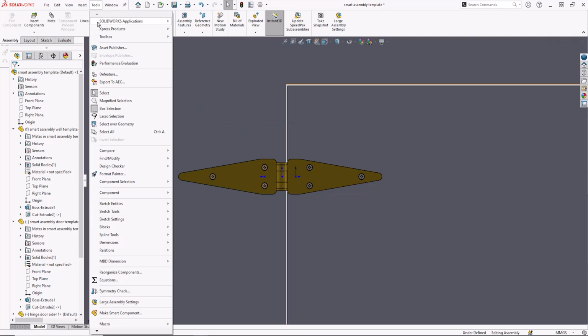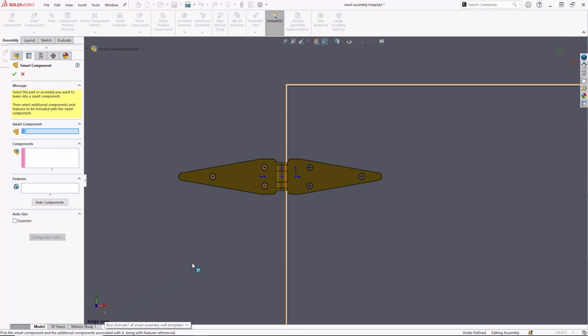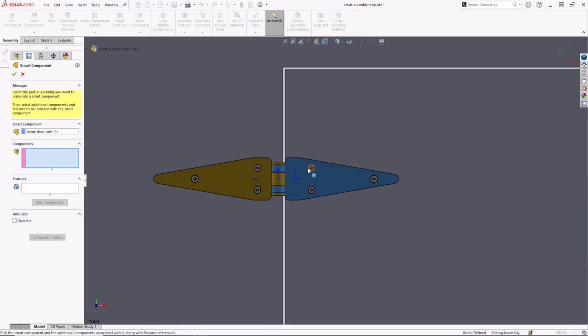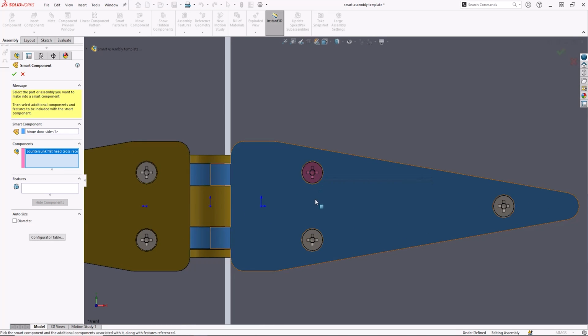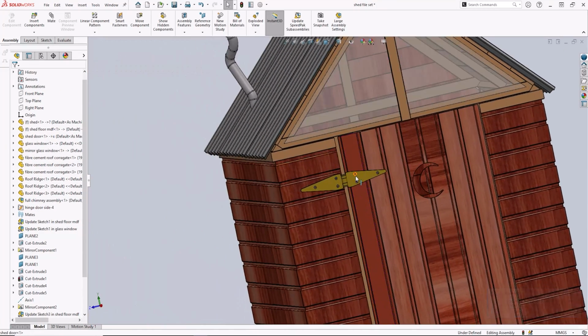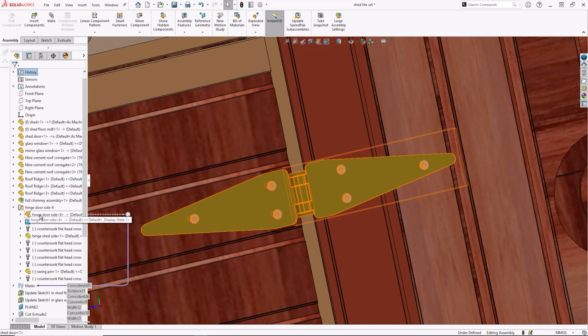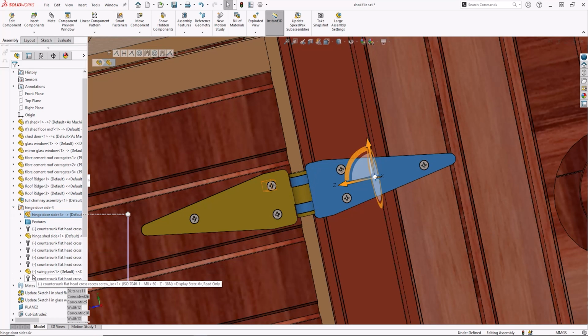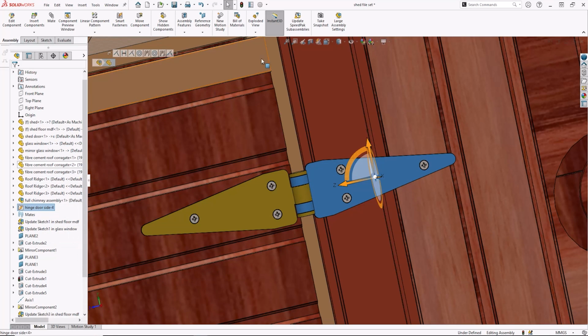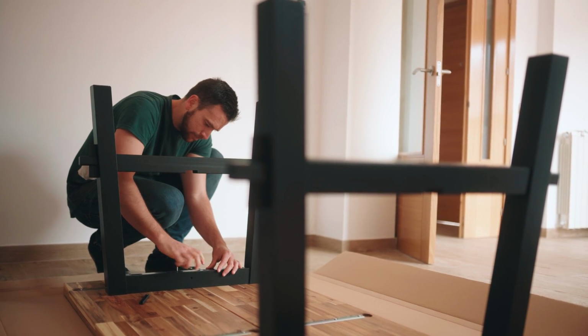If you want to work faster and smarter in SOLIDWORKS, then you need to be using Smart Components. When you insert a part or toolbox fastener into an assembly, you can automatically bring through additional associated components and features by using Smart Components. It's a brilliant tool that helps to automate the process of adding sub-assembly fixings to parts and inserting the required features and fasteners to assemblies all in one go.